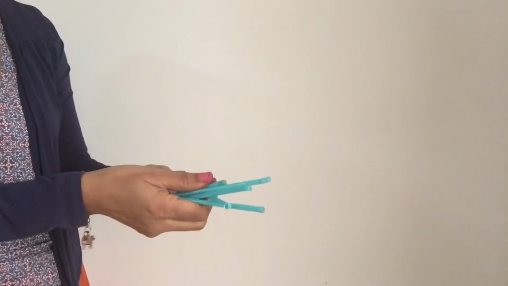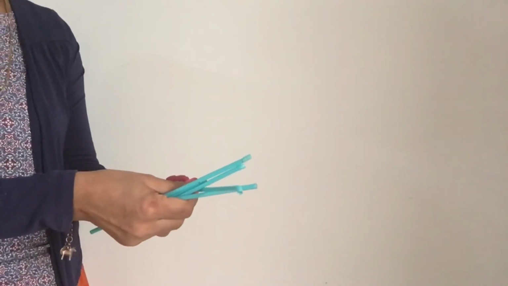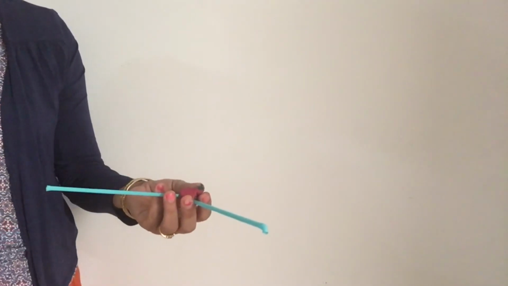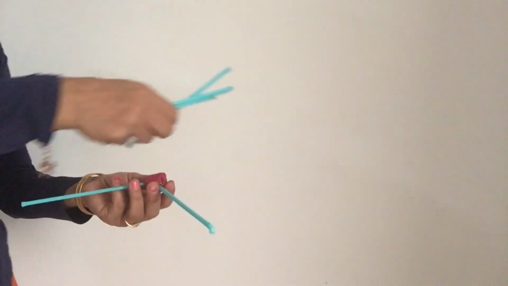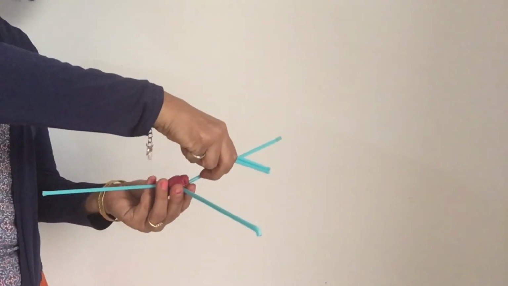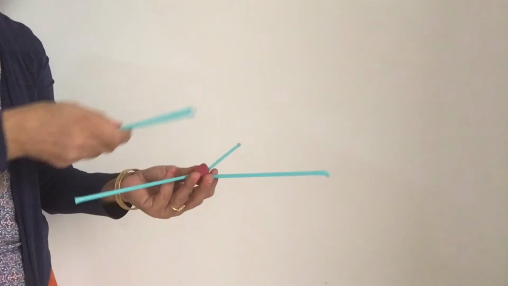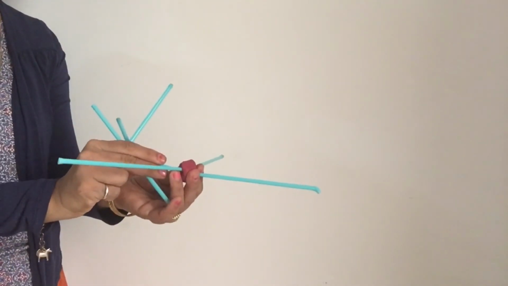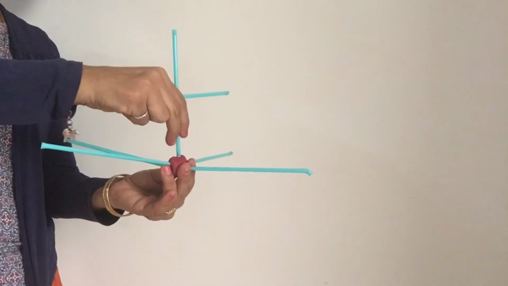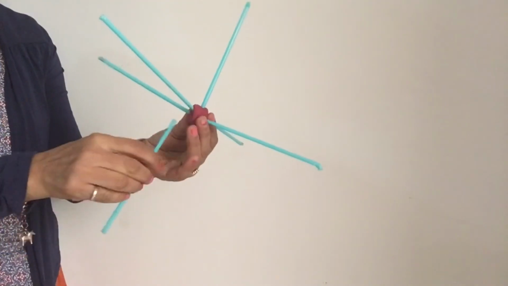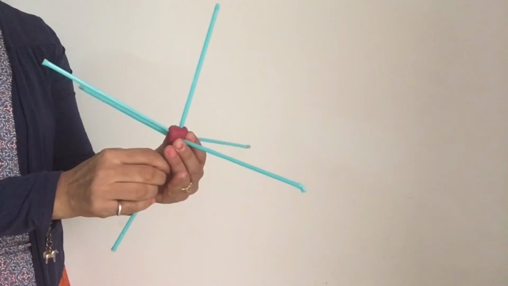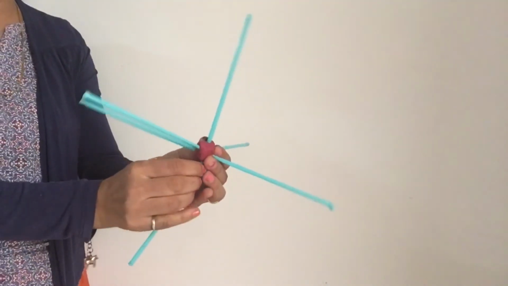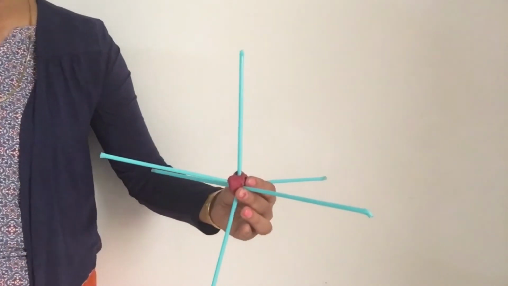Okay, would you like to try the steric number 6? That means you've got a possibility of 6 bond pairs, or you've got a possibility of 5 bond pairs and 1 lone pair. Yes, go on. So we've got over here 4 in one plane, 1 above and 1 below. What we've said is the octahedral shape. All bond angles 90 degrees, right?